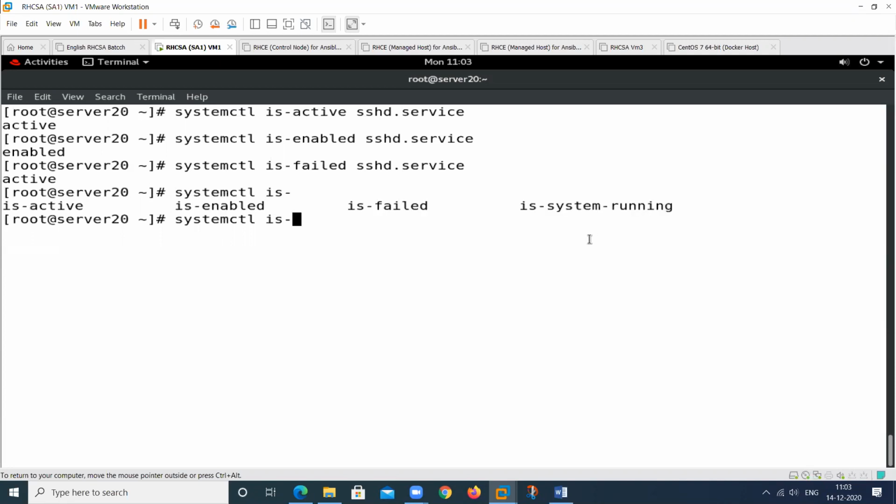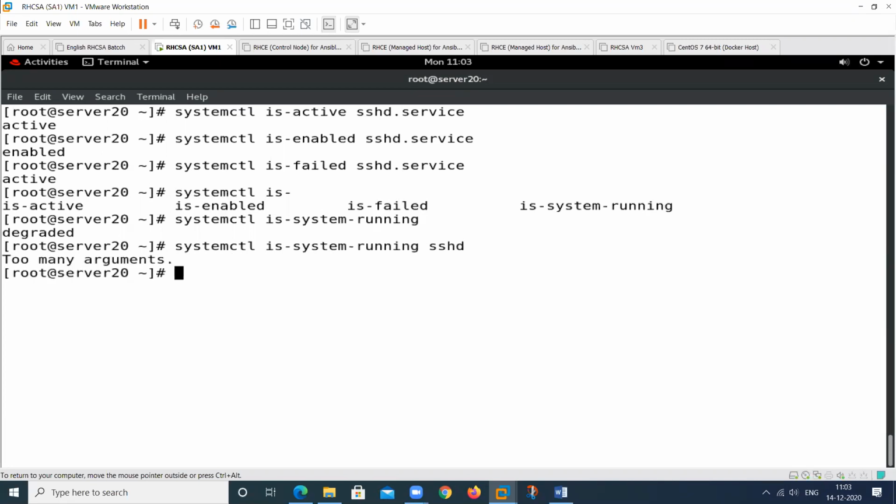This shows whether the service is running in my system or not. So you can also check all the degraded. But what will it display, degraded?